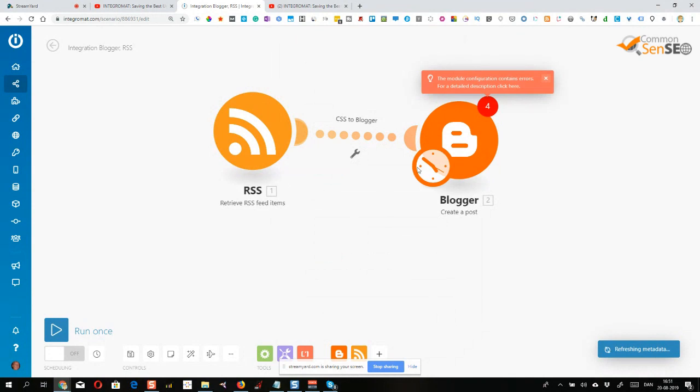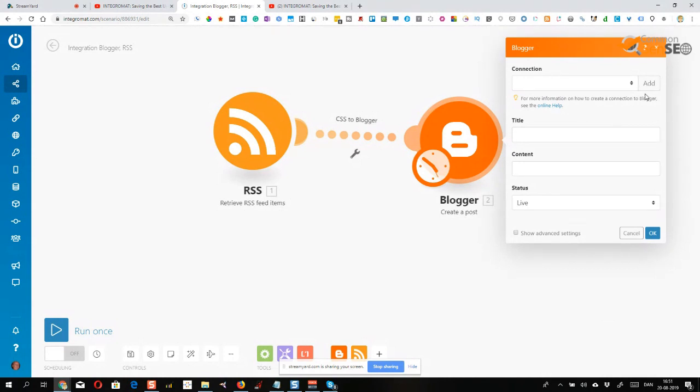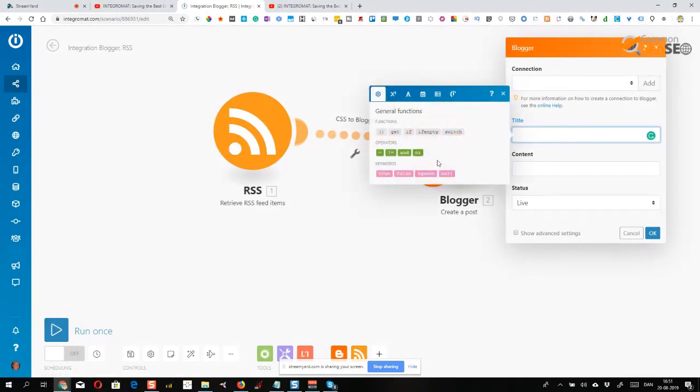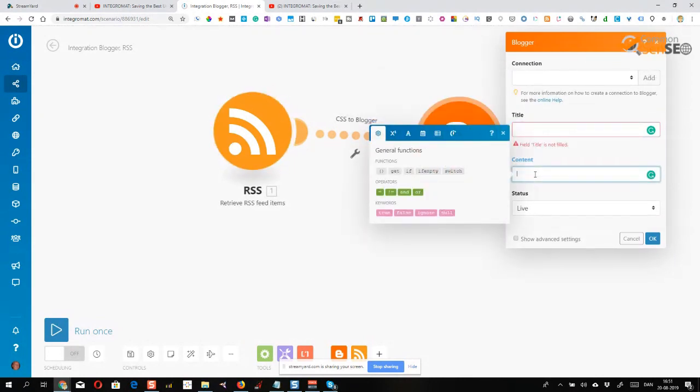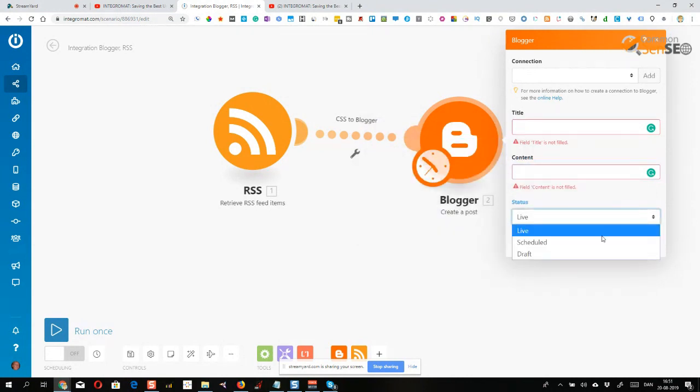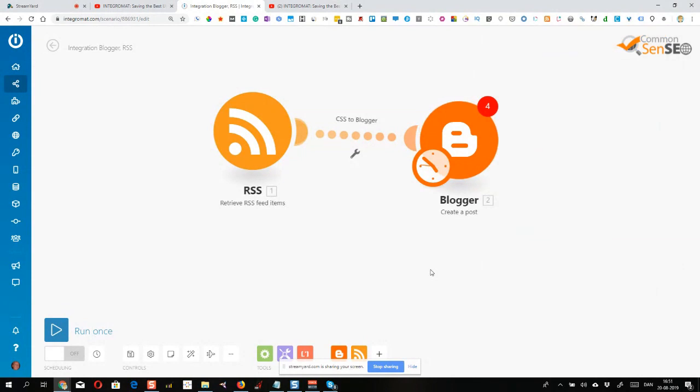And then I said, okay, it would be nice to be able to go in here and connect my Blogger. And then when I'm in there, I could add the title of the post in here. I can have the content here, and I can decide whether to save it as a draft in the first instance, schedule it, or put it live immediately. So by this, whenever you post to your WordPress blog, you can send it to your Blogger account. And when you have your blog IFTTT network attached to the blog account, that post will be syndicated